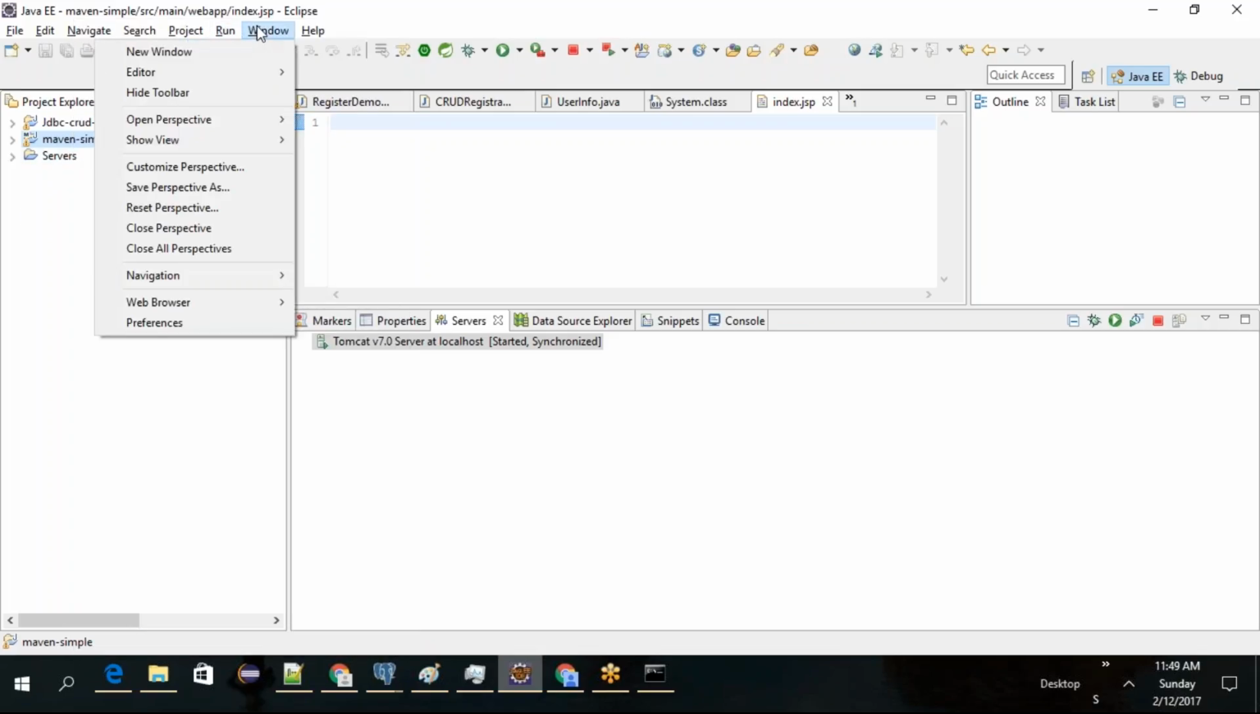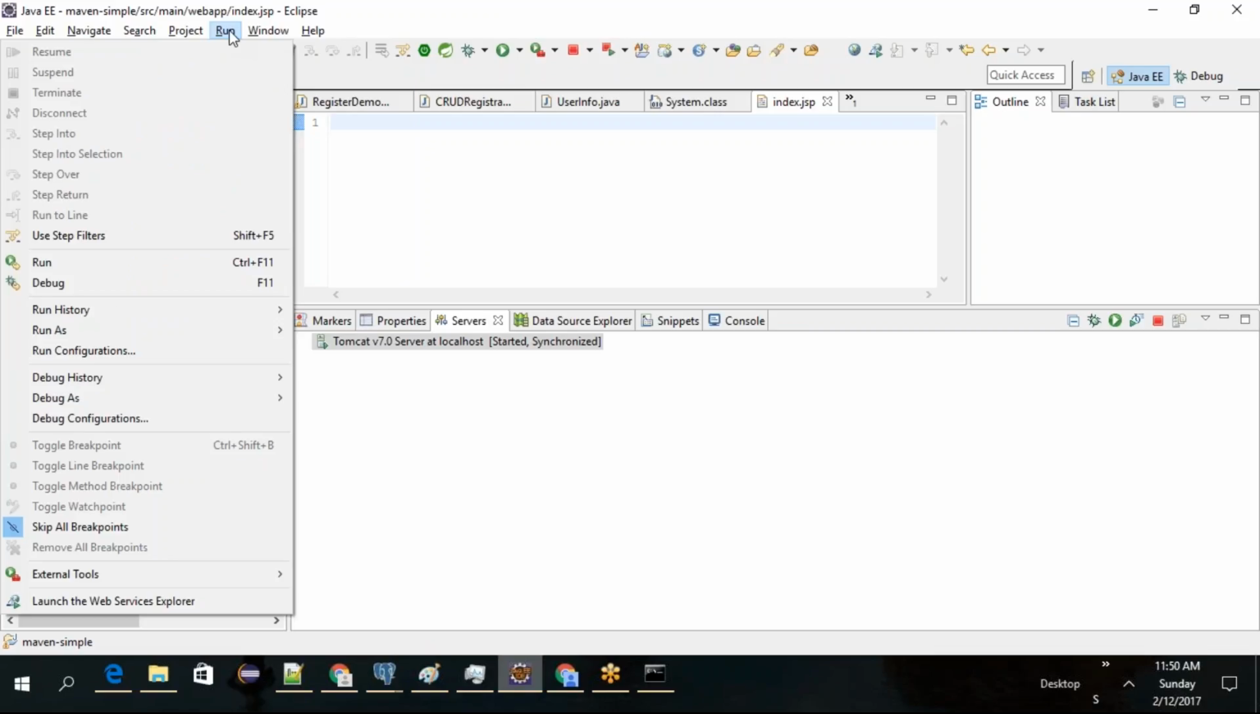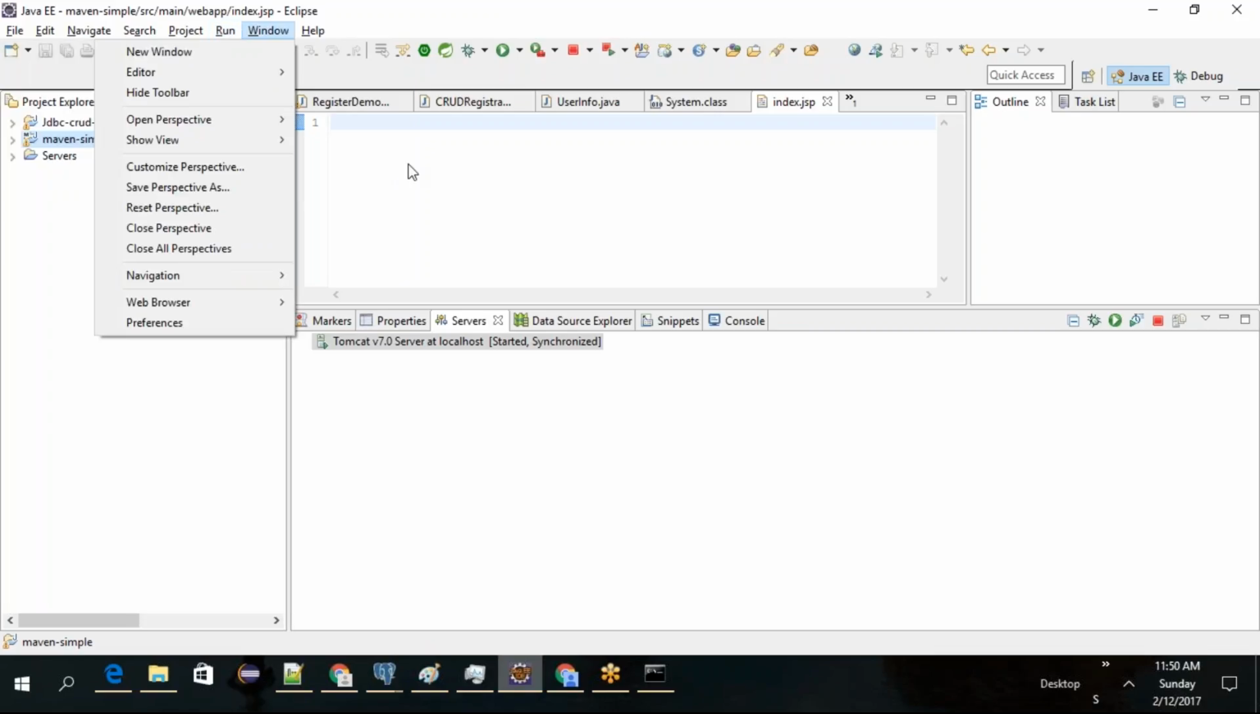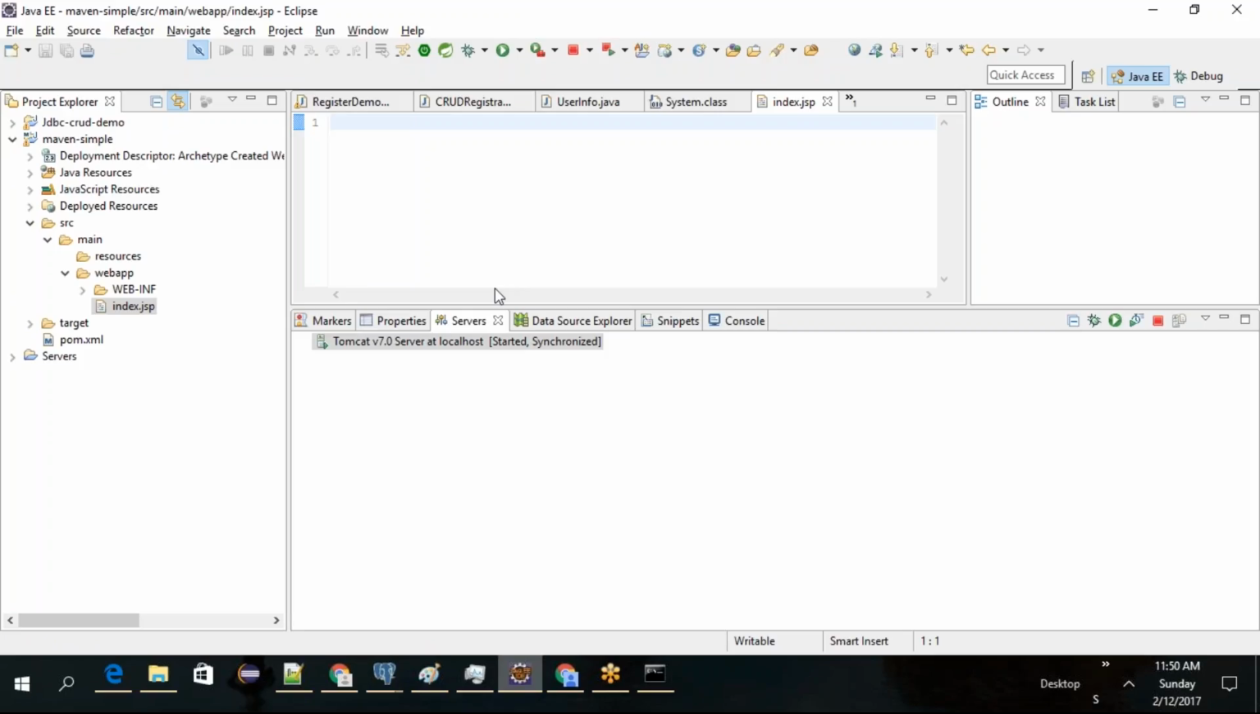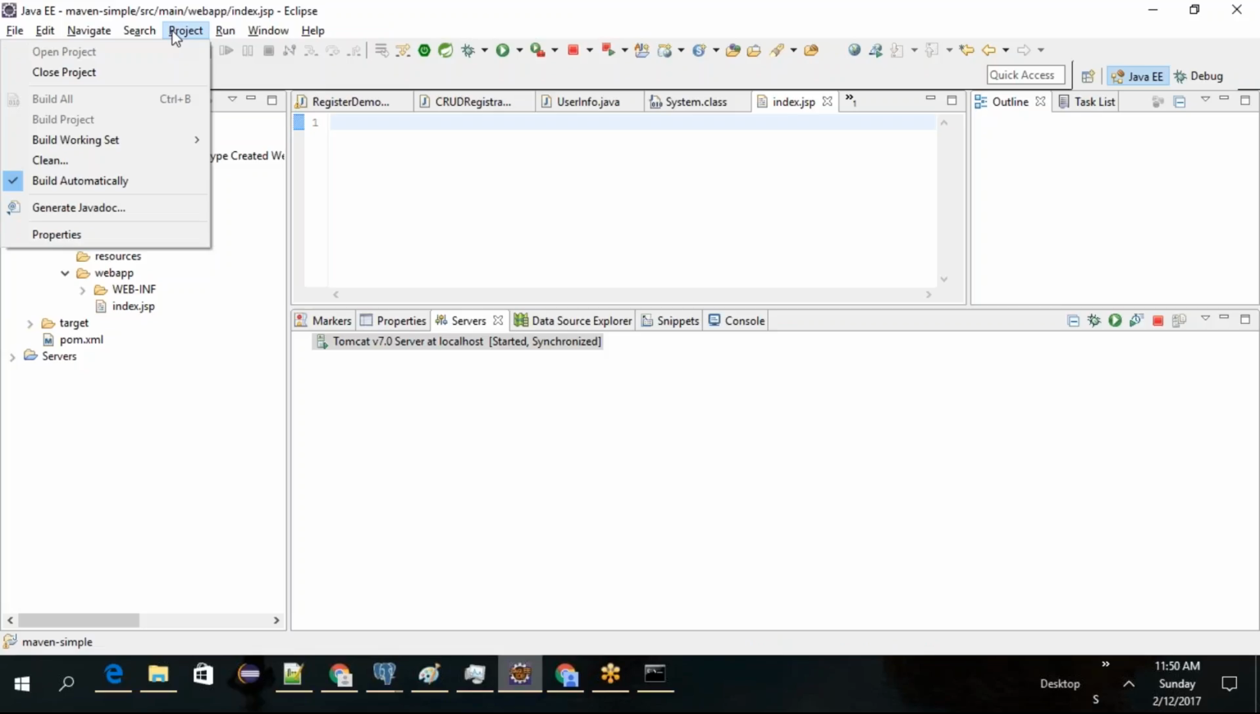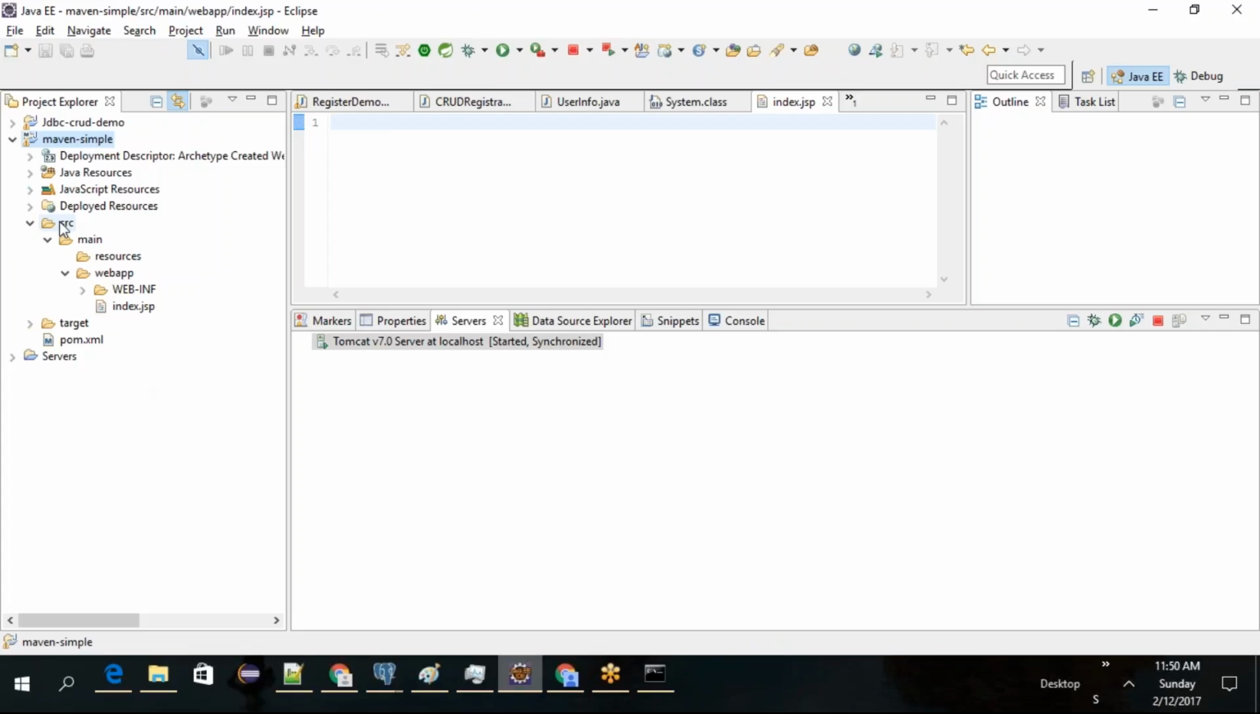Don't have Maven build path here. How? Generally we will have the project here, build automatically on the other. Okay, what I will do,